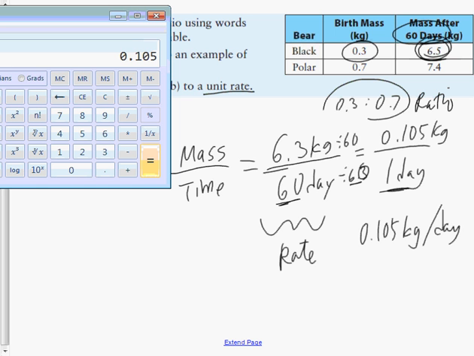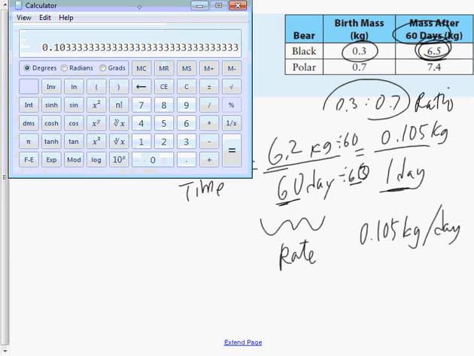Now that's not quite, just 1 second. I can't subtract. I've been corrected. It's not 6.3, it should be 6.2. 6.2 kilograms of growth over the 60 days. So my division will be 6.2 divided by 60, which is slightly different. It works out to be 0.103 repeating,